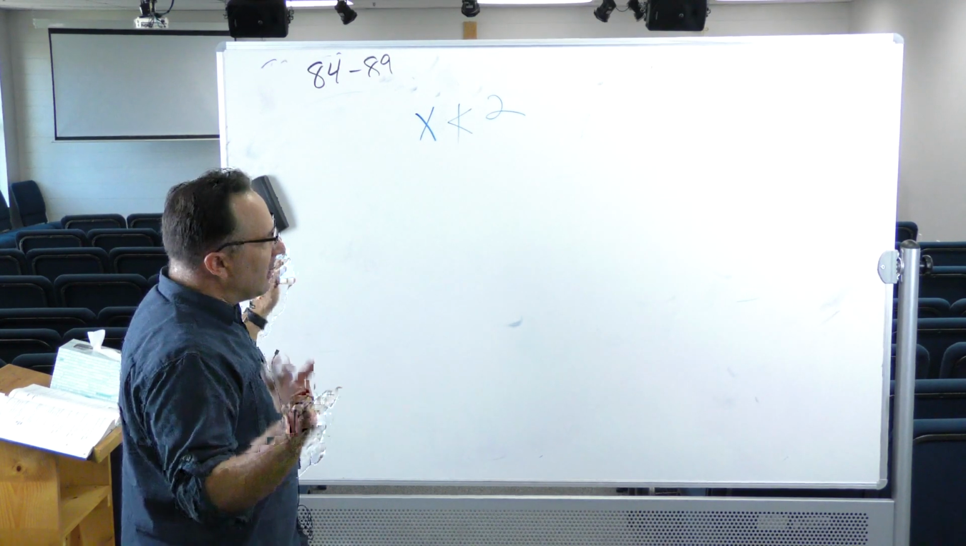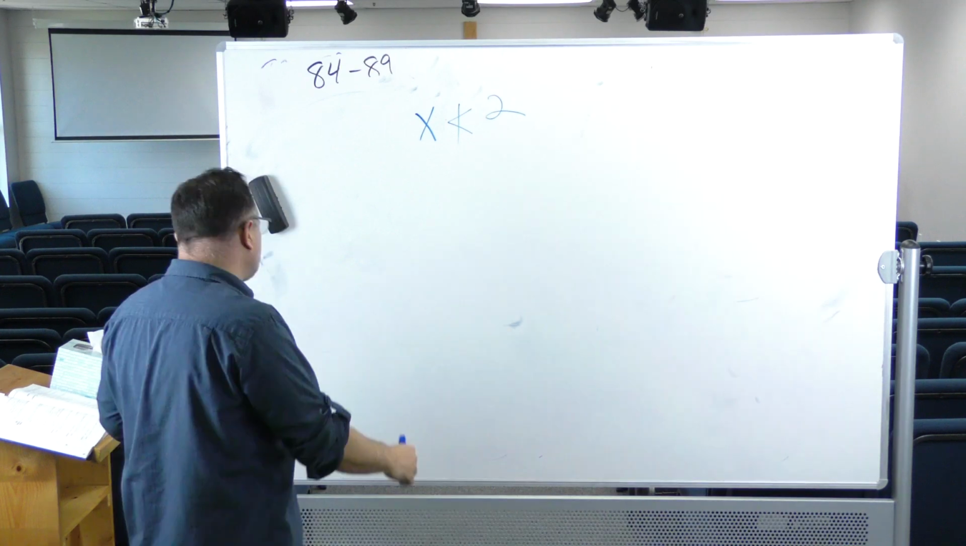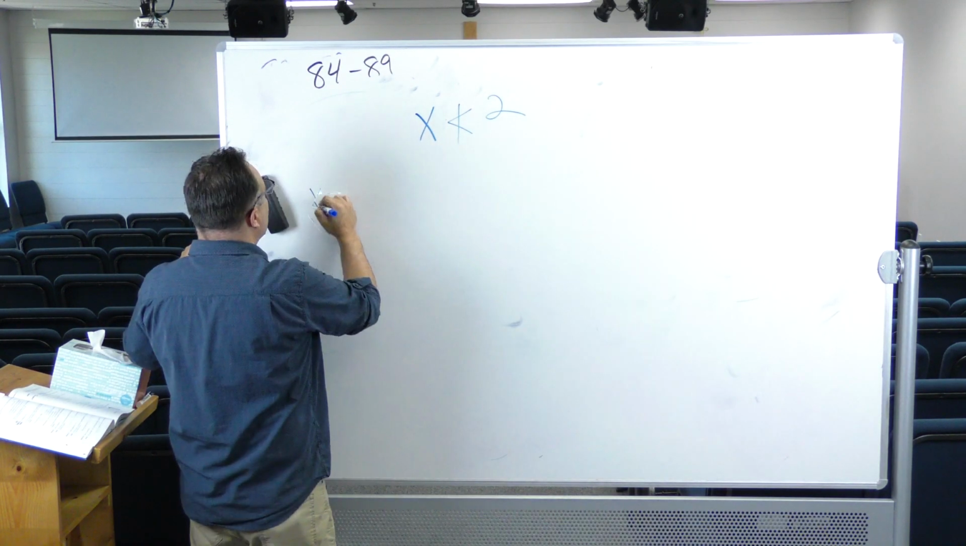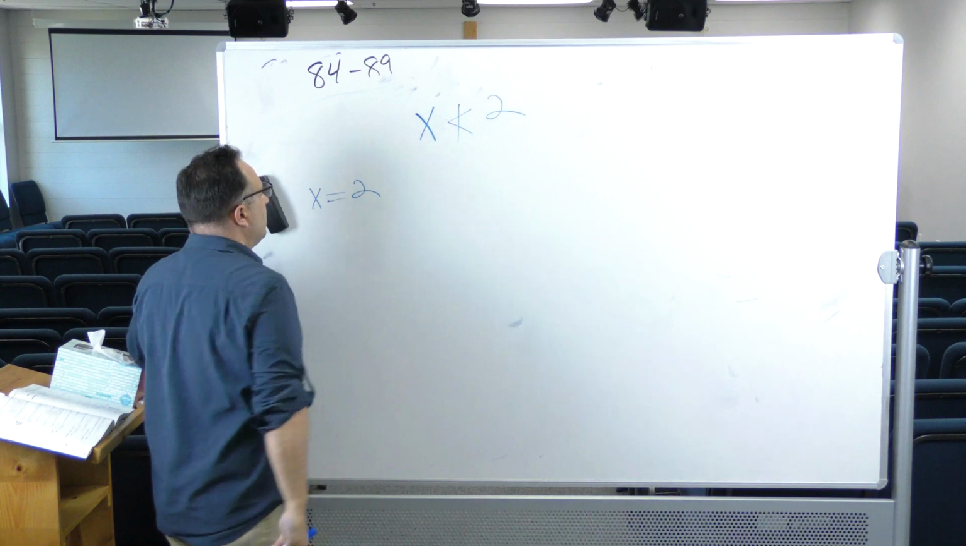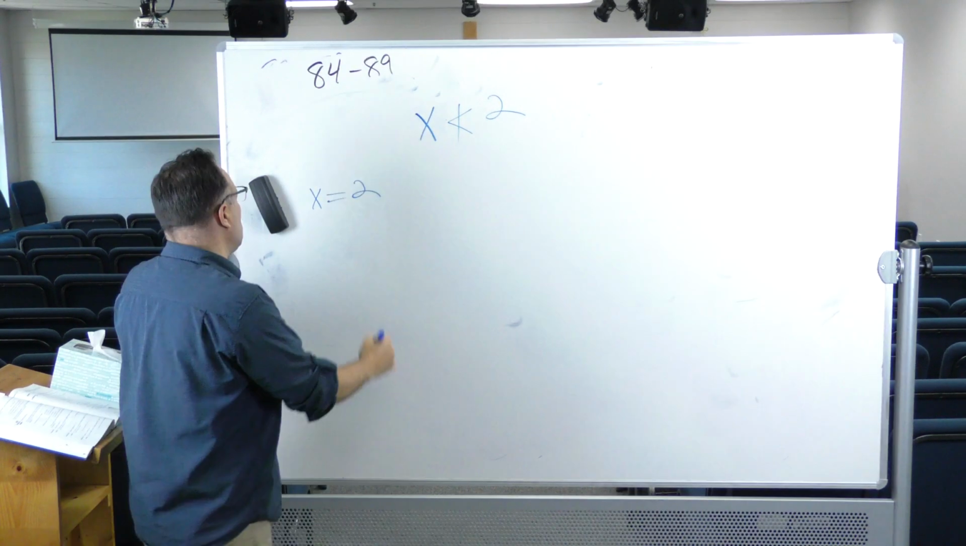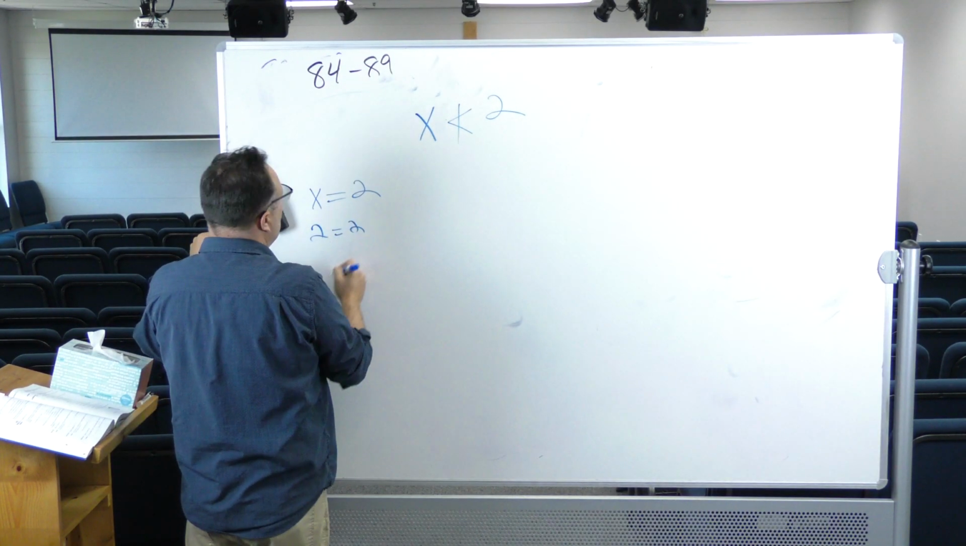Let me show you a couple things real quick, and then we'll get into this problem. If I say x equals 2, there's only one value, and that's going to be 2, because 2 is equal to 2. Equals means same